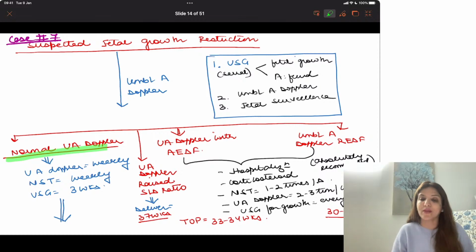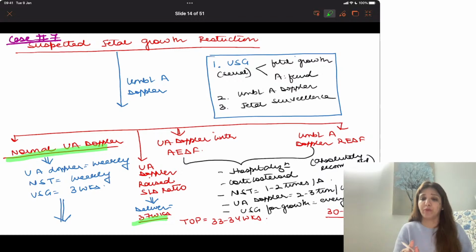Now, if SD ratio is increased, that means the patient is going towards PIH. And all of you know that if it is a case of mild PIH, you have to deliver at 37 weeks. Now, if it is umbilical artery Doppler with absent end diastolic flow or umbilical artery Doppler with reversed end diastolic flow,